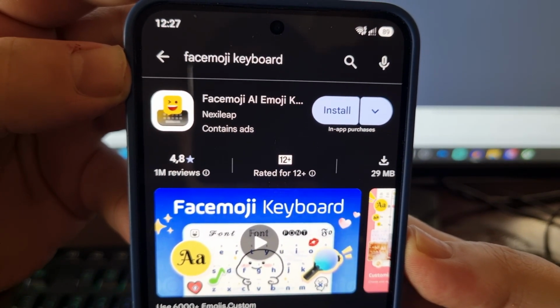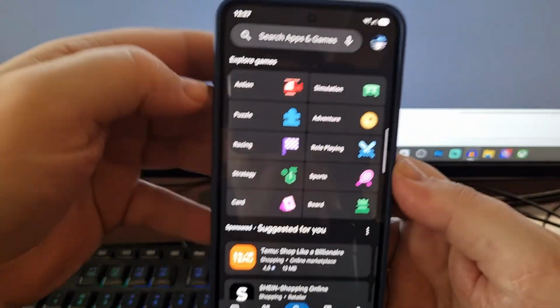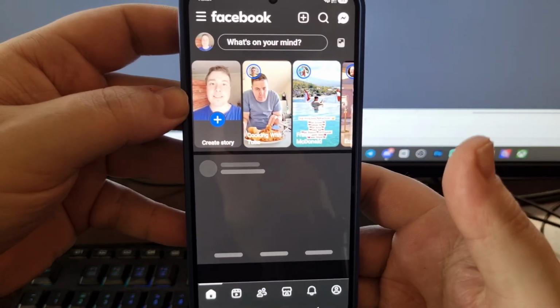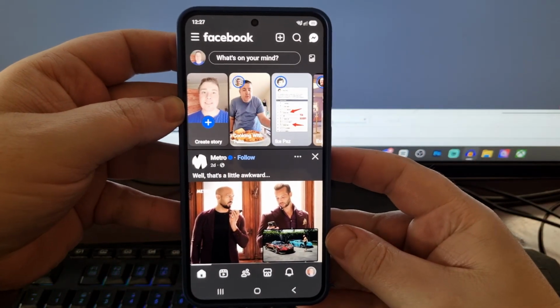You want to tap on that install button, it'll install the Facebook app, and then you'll find it on your phone like there. Then you can open up Facebook. You'll need to log into your account, and then you can